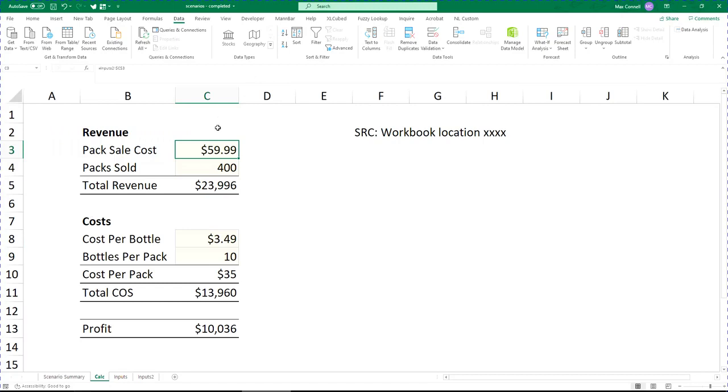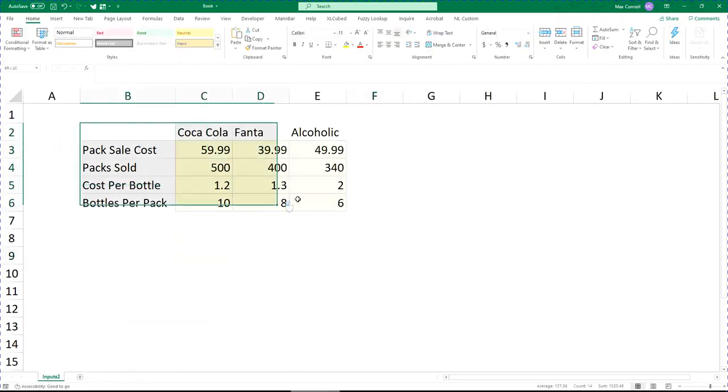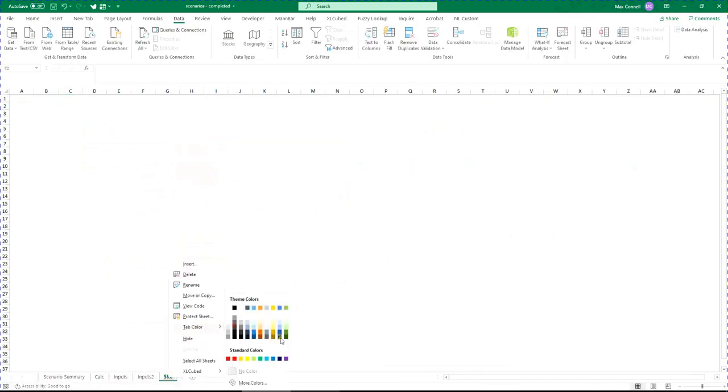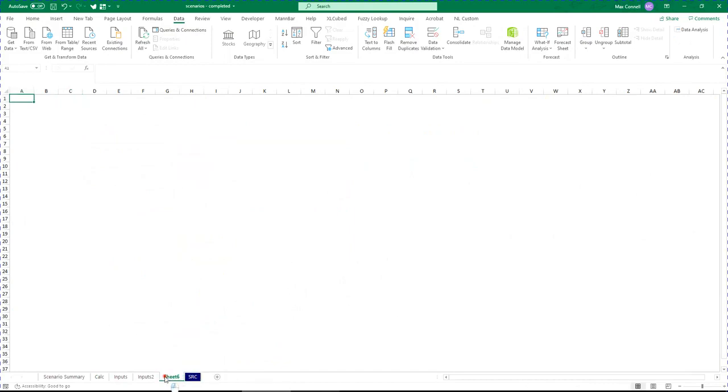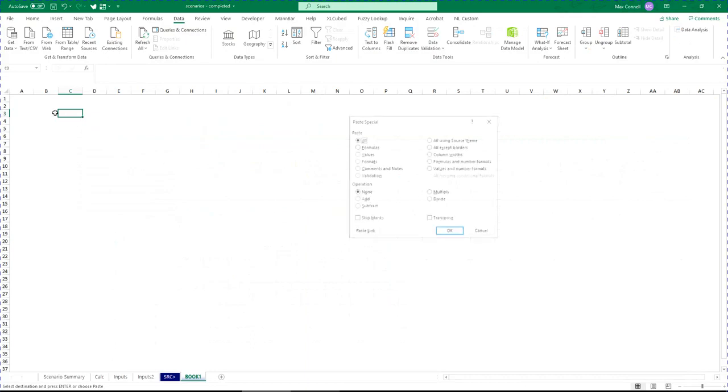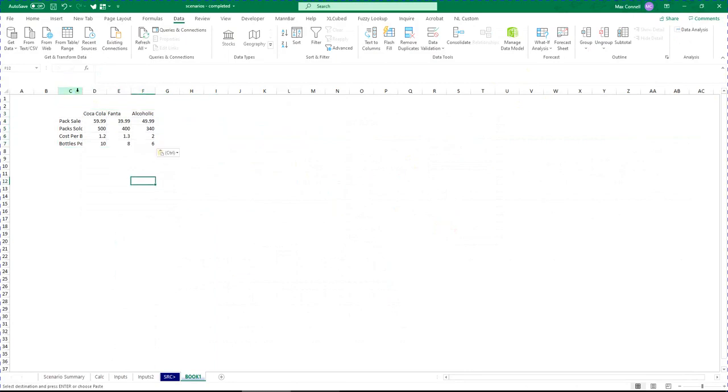Now the last alternative that I want to talk about is the first one that I mentioned, which is just taking a hard copy of the source document, pasting it into your workbook as a source sheet. Maybe call it something like this, source, maybe highlight that it's source, or put a subdivider in like so, so people know which ones are the source tabs, and you can say this is from book 1 or something like that. Then we can hard code all the values, so copy that, paste that in, values and formatting, paste that in there,